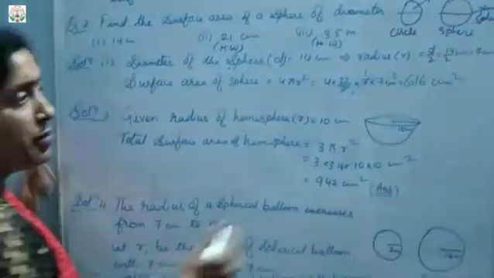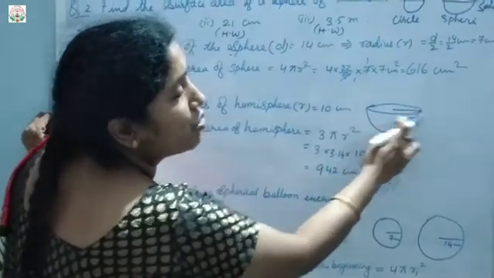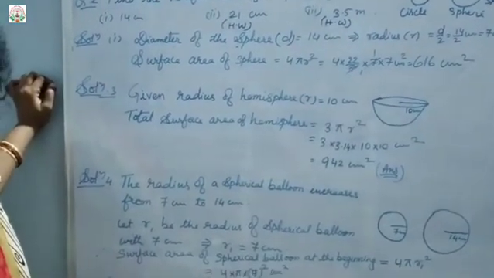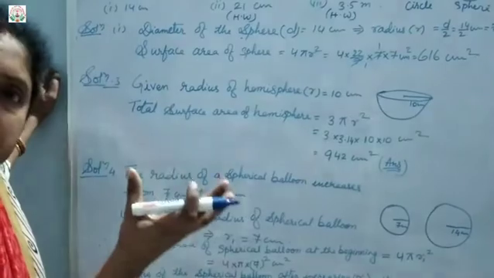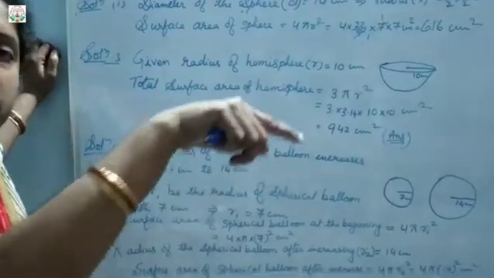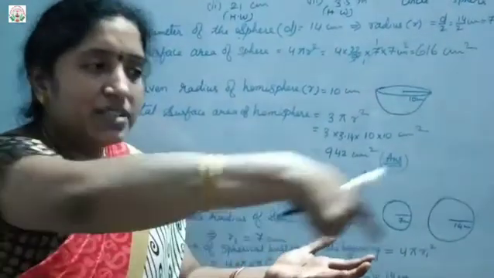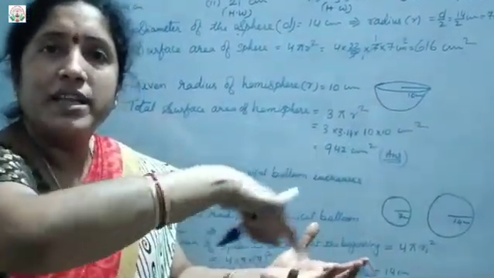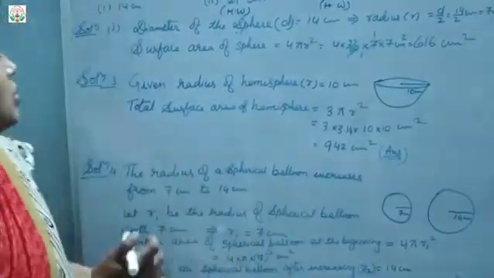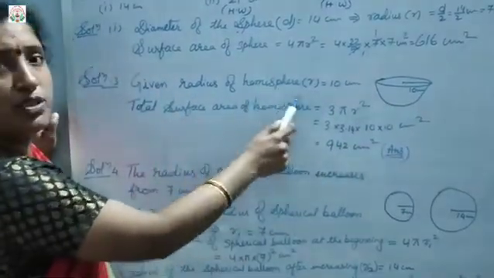Okay, so that means when hemisphere is cut down, it will be like this. So this will be having again the circular base. Hemisphere's base is always circular, because we know that sphere is a 3D figure. So when 3D figure is cut down, you might have seen the base of the hemisphere will be again a circle. When you take a ball and cut it from the middle, you will get a circle on the top, middle. That means the hemisphere base will be circular. Understood, children?